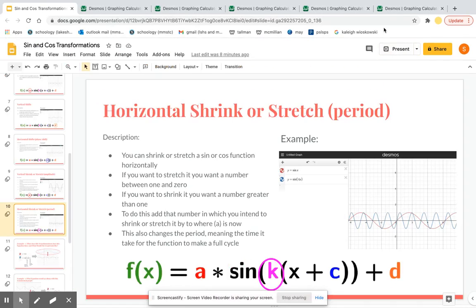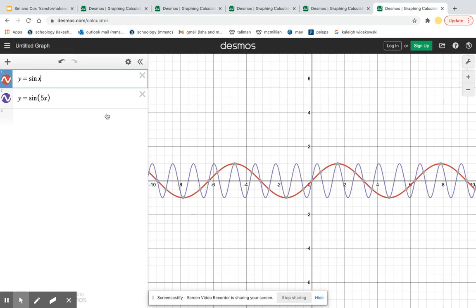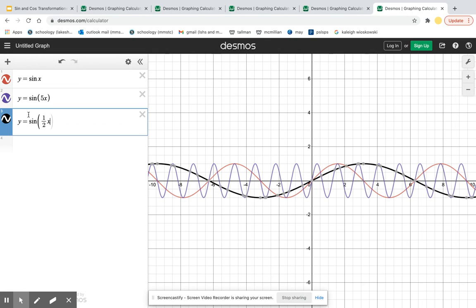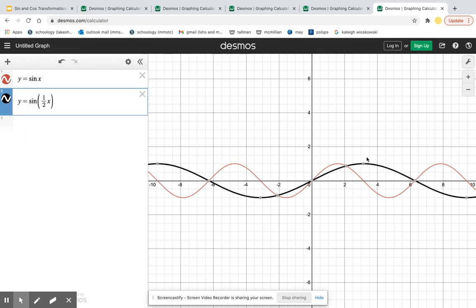So an example of this is shown in decimals. Basically, I have my classic sine function. I put a 5 inside the parentheses. Now, since it's opposite, if you put a number greater than 1, it's going to shrink it horizontally. So see how everything gets tighter in this purple function than it looked in the red function. So let's say I wanted to stretch it. With opposite this time, let's do 1/2 x. As you can see, it then stretches it